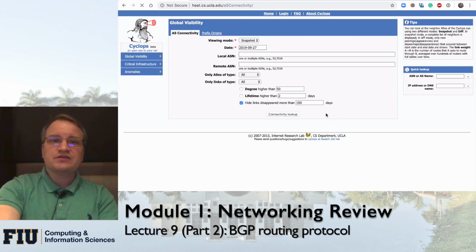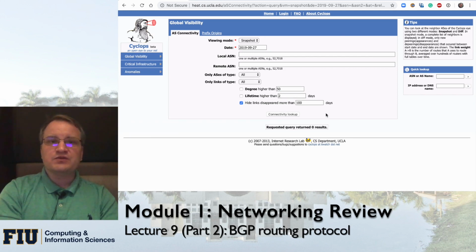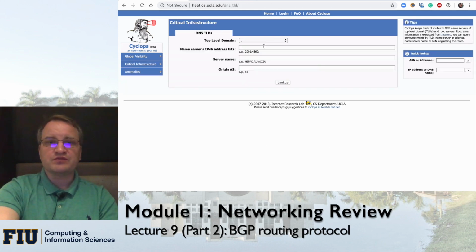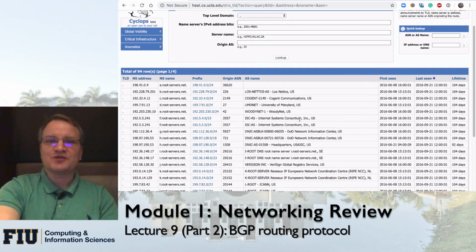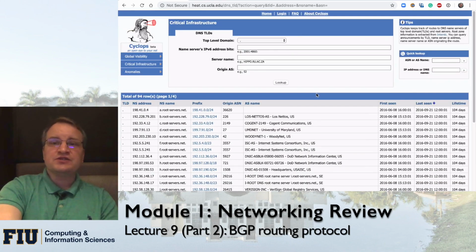But at least you can get some understanding of which prefixes are announced by whom at which point in time, and get some of the history. So it's taking a little bit of time. Oh, and it actually didn't work properly. But try to explore the system, and maybe it would work at some point. Okay, so at least for this part it worked. It's just a basic system.